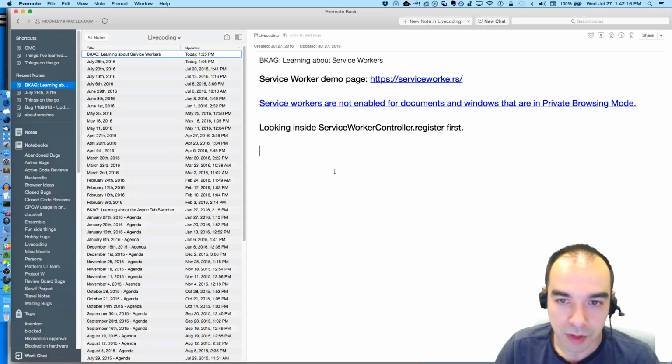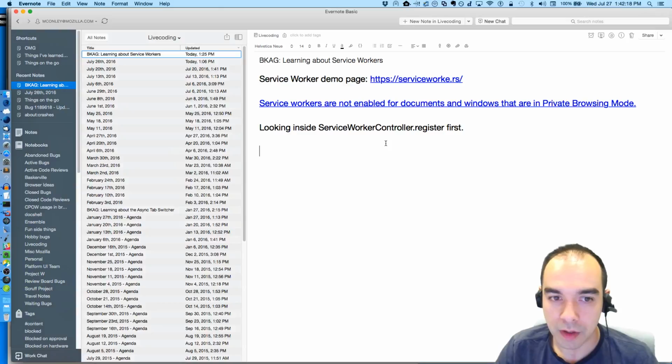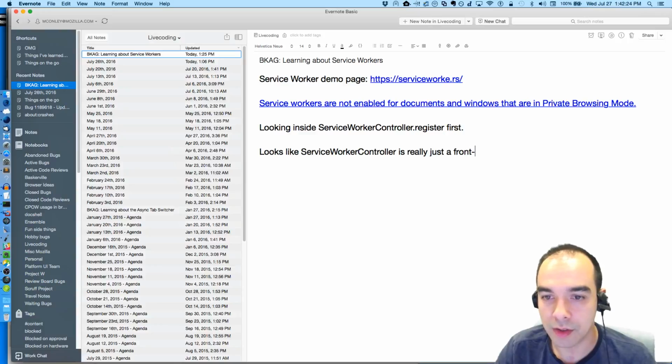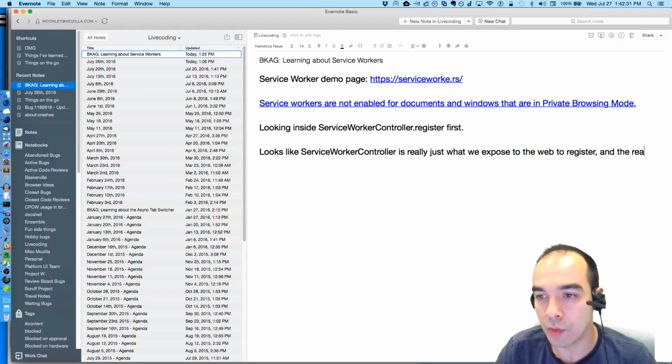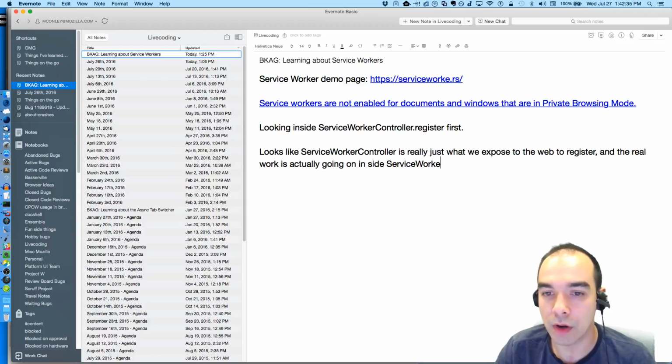So it looks like service worker container is really just a front, just what we expose to the web to register, and the real work is actually going on inside Service Worker Manager.